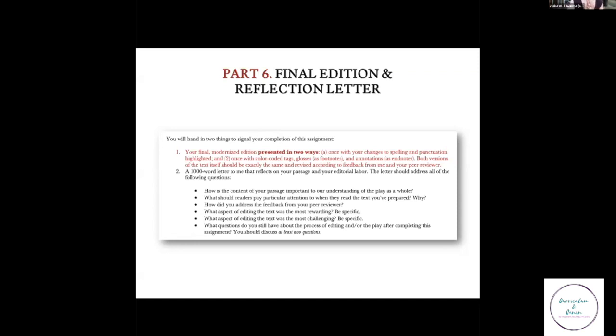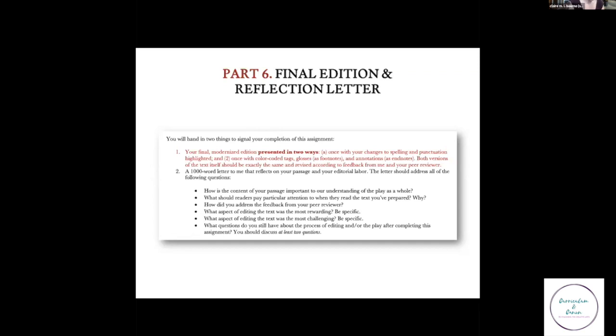What should readers pay attention to in the passage as they read it? How did you address feedback from your peer reviewer? So they actually had to engage that process here, describe that process. They had to talk about what was rewarding and what was challenging about editing. So I'm definitely someone who embraces negative emotion in the classroom, and so to acknowledge challenge and to acknowledge failure is really important. And my students were really game for being